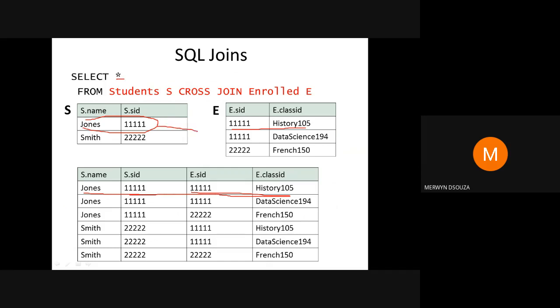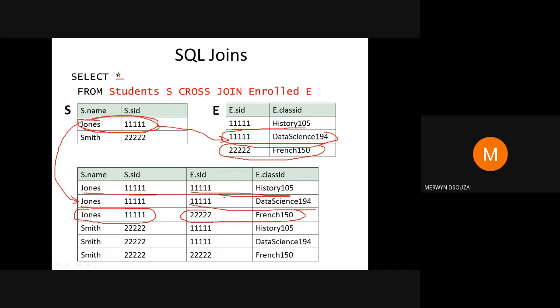Then it will take Jones 111 from here and the second tuple of the enroll table and display it here. Then it will again take Jones, the first tuple of the students table, and the third tuple of the enroll table.